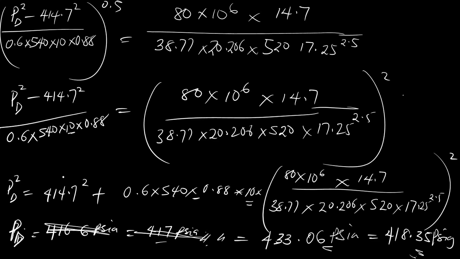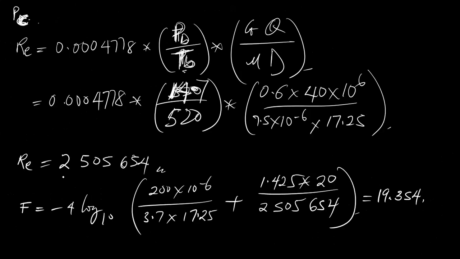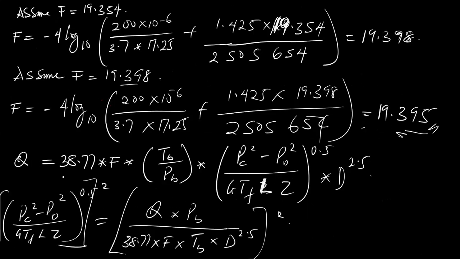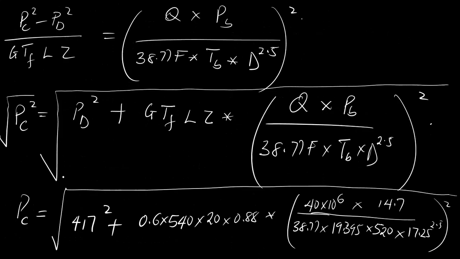So now let's go back to this. So that means there will be an error here. That means the D value here should change. This value here we're going to be using 433.06 square. So that's what we're going to use. So now let's calculate. You use this expression now to calculate our